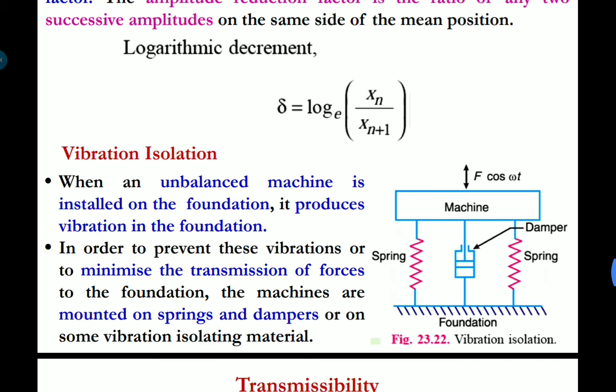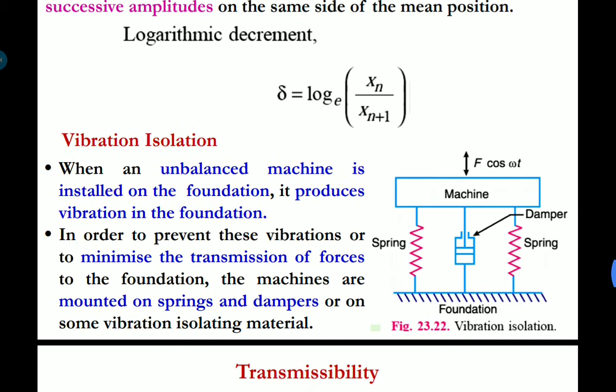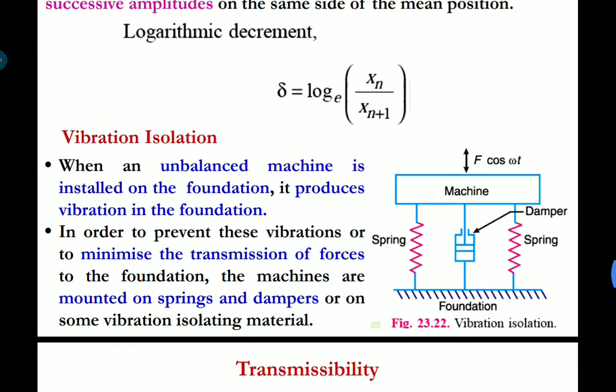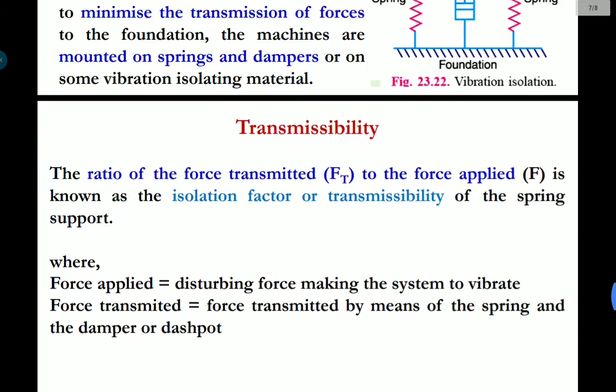So how to isolate this type of vibration? By providing springs or dampers at the base of the machine tool, we can prevent the transmission of vibration from one machine tool to the other. It is called vibration isolation. Next we can see